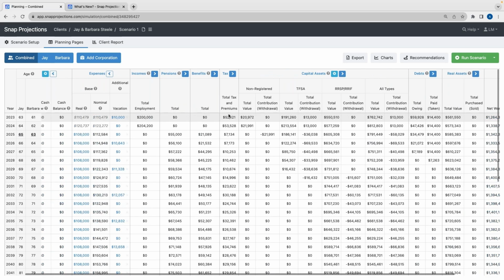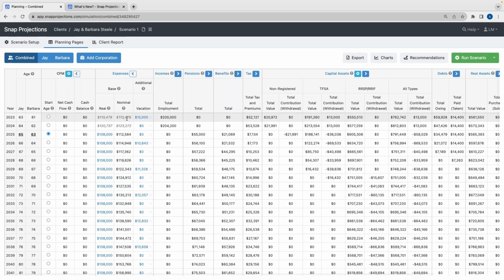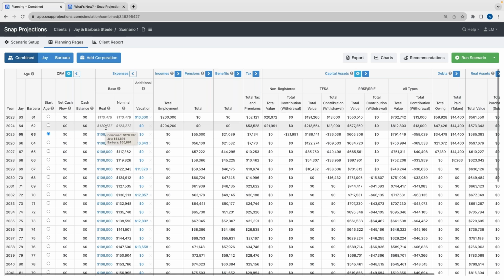Now, once all of these values are taken away from the projection, we assume that the remaining amount from the employment income is spent by the client. And that's why here you'll notice that we have 110,000 of the real expense left after the vacation expense was taken out. And in the next year, there's about 120,000 that the client is spending in real dollars because there isn't any vacation, and it is slightly adjusted to the inflation. So the value might be slightly different for all the years here because we're also focusing on the inflation adjustment